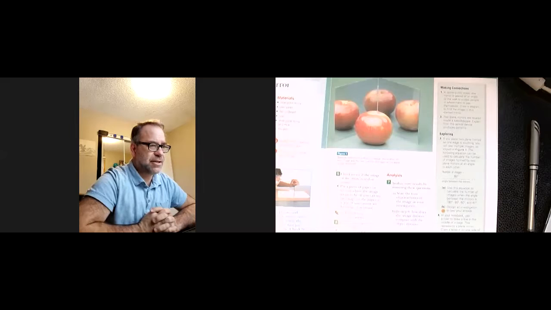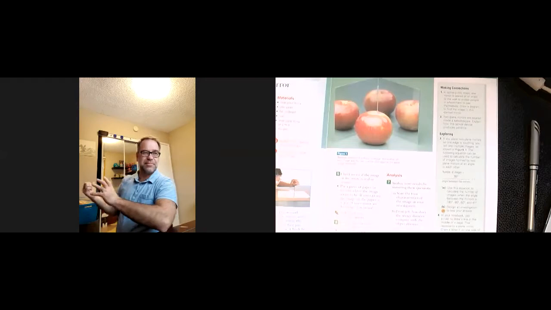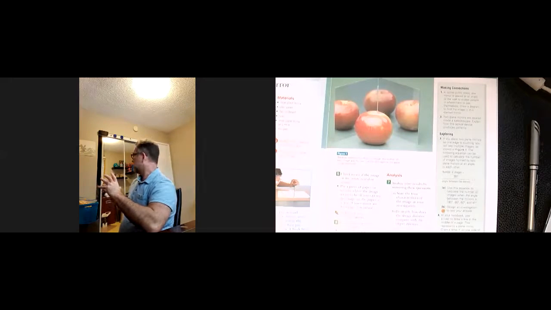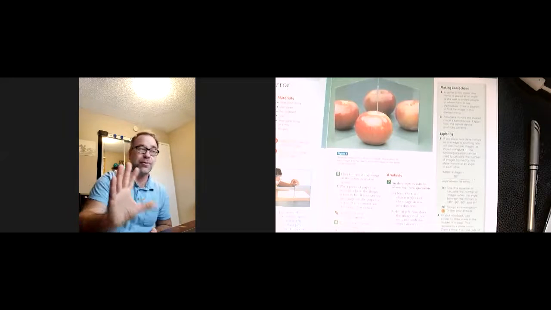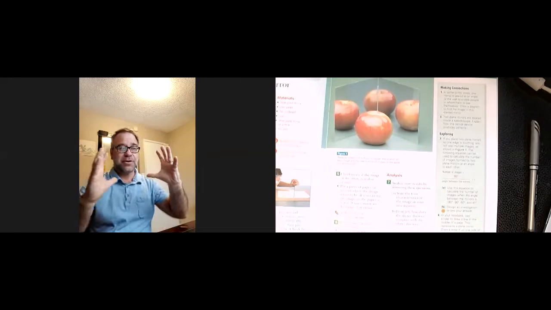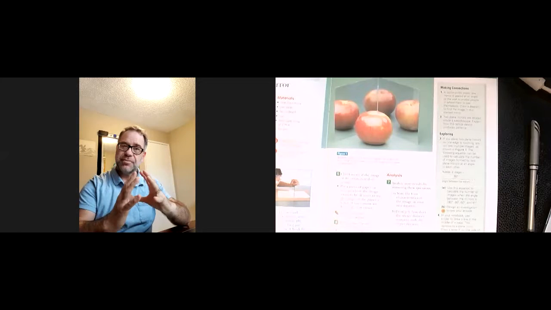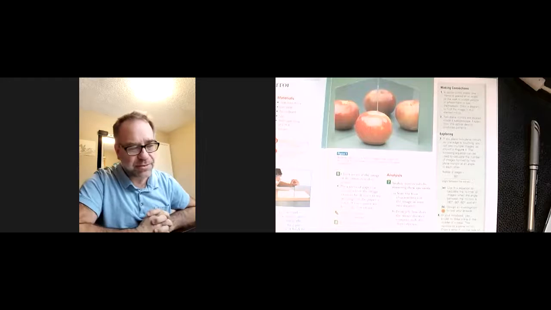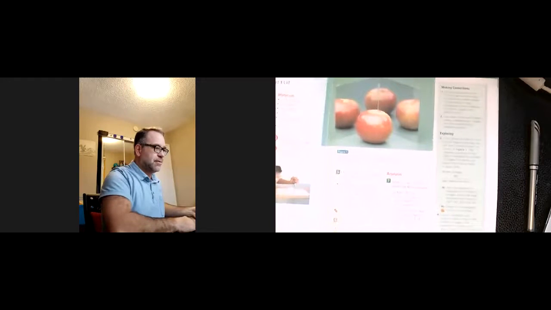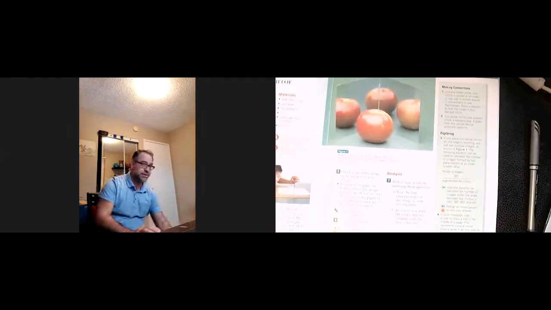And I want you to think for a second. Now I have some mirrors behind me here. I don't know if you can see this, but I know that when I go to the mirror, the closer I get to the mirror, the bigger the image is. If I get further away from the mirror, then I appear to shrink down and I actually become smaller. So the image is what we're talking about in this question. So tell me if this makes sense. I'm going to come over here, see if this works. First of all,